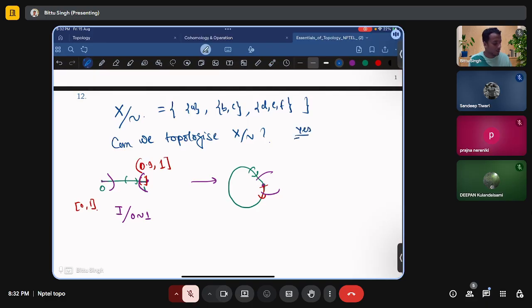Using the relation, we can topologize X modulo the relation. Sometimes this is also denoted by X star in Munkres's book. That is the notation. So the answer is yes. So V containing this X star, or X modulo relation, is defined to be open if and only if